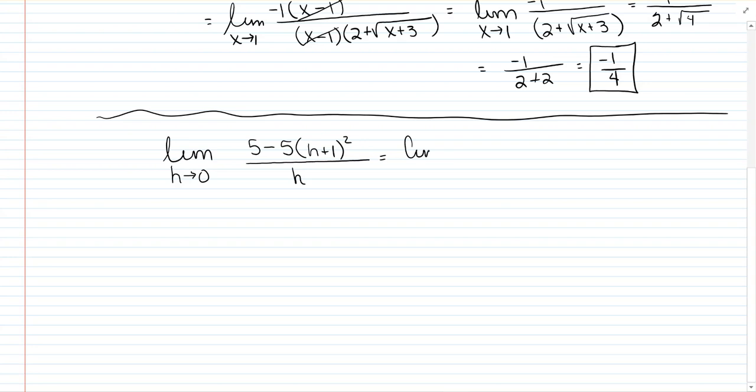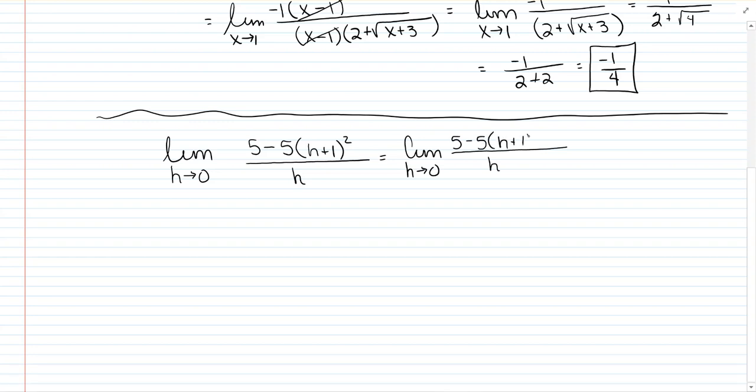So limit as h approaches 0 of, now there's nothing to do on the denominator, but watch this. You can't take 5 minus 5 because you got to do multiplication before you do subtraction, and you can't do multiplication until you square this h plus 1. So you're going to have to FOIL